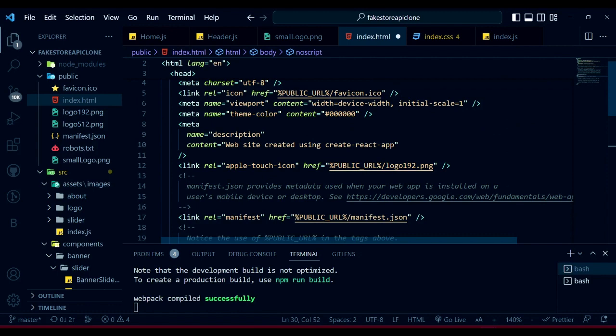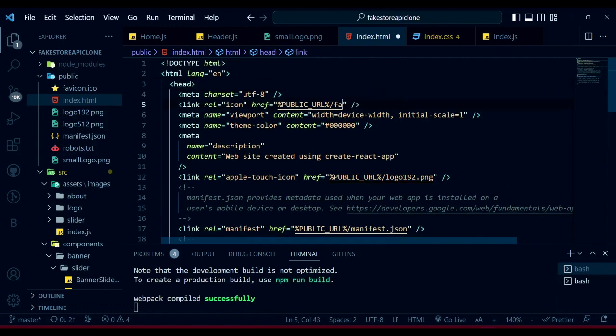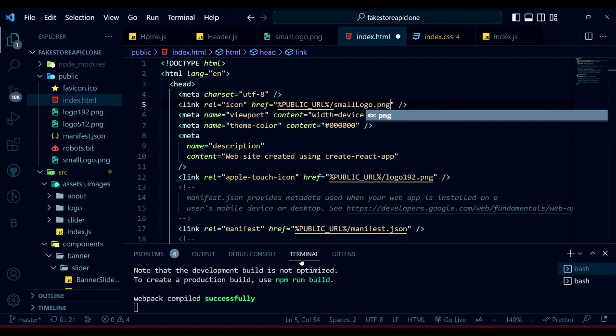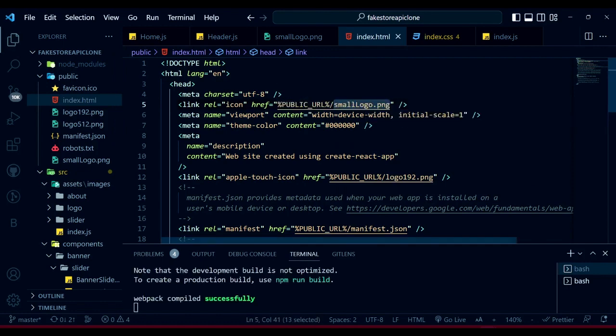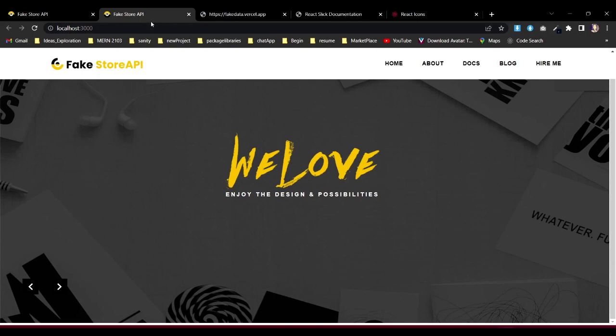And we need to change the icon. That one will be the icon, we take it here, small logo.png. You can give any icon as your picture or something, that will be fine. And for the iPad or Apple things, let's change that also. Now see, the Fake Store API icon also changed. So we got our header, we got our banner, and let's go